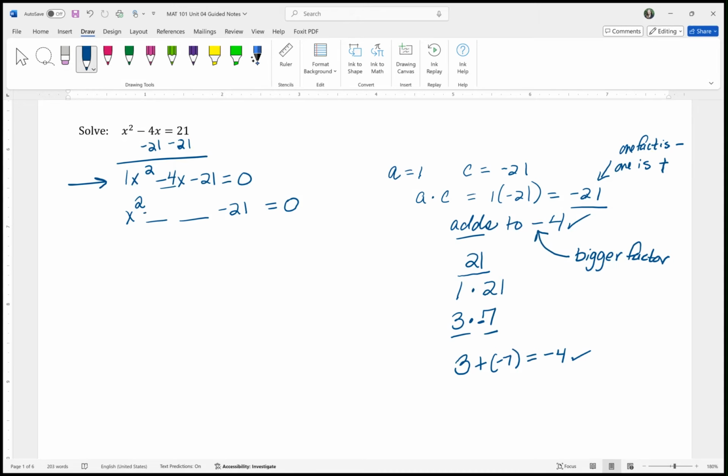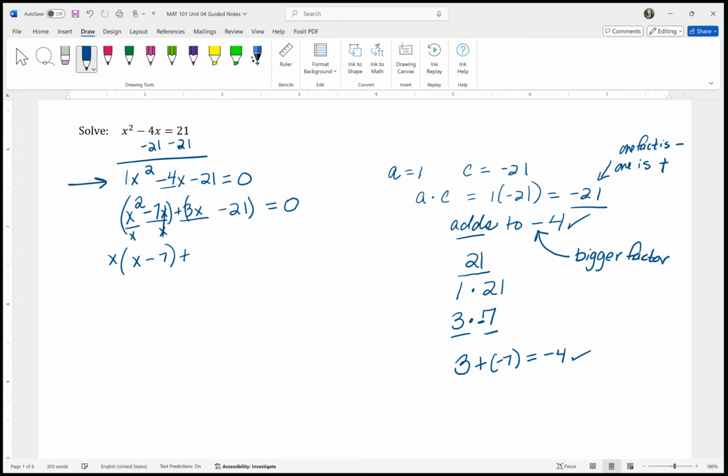But let's do negative 7x, don't forget the x there, plus 3x. Now we have 4 terms on the left, and we're doing grouping. So we're going to group the first 2 and group the second 2. In the first group, we have an x in common. We have no number in common between 1 and 7 other than just 1. So we're taking our x out and we're dividing by x for both of these to figure out what goes in the parentheses. So x squared divided by x is x, minus 7, x is canceled,